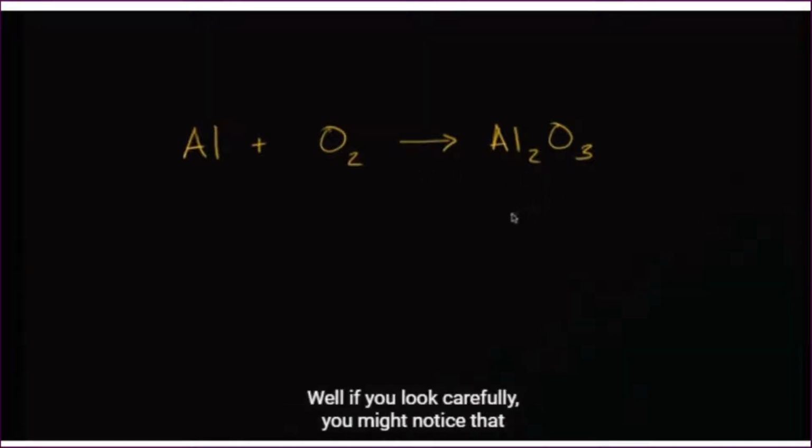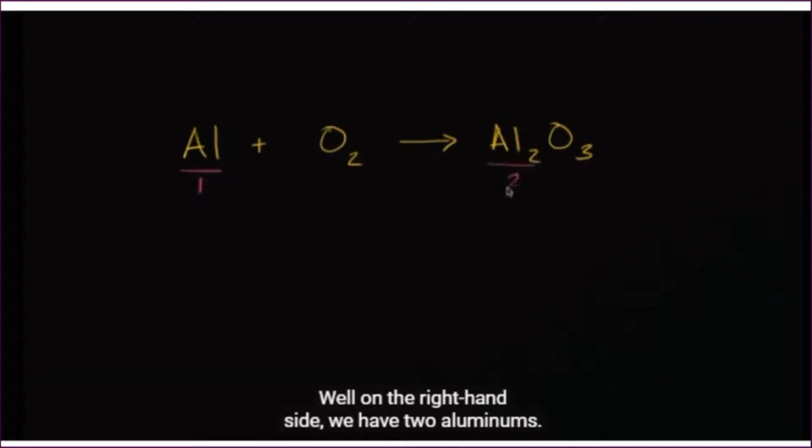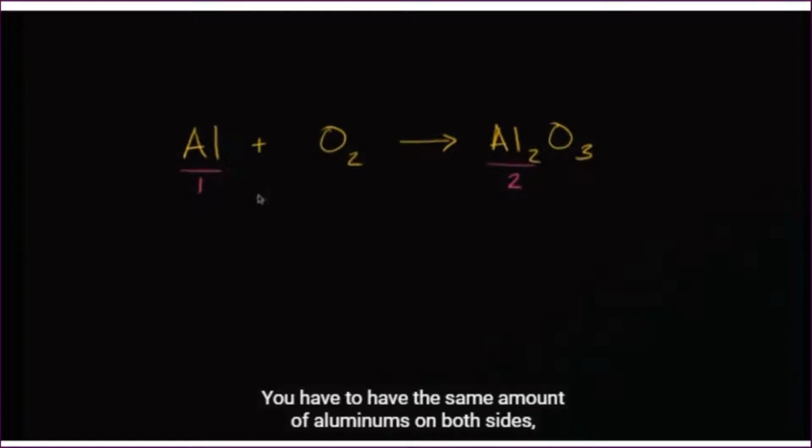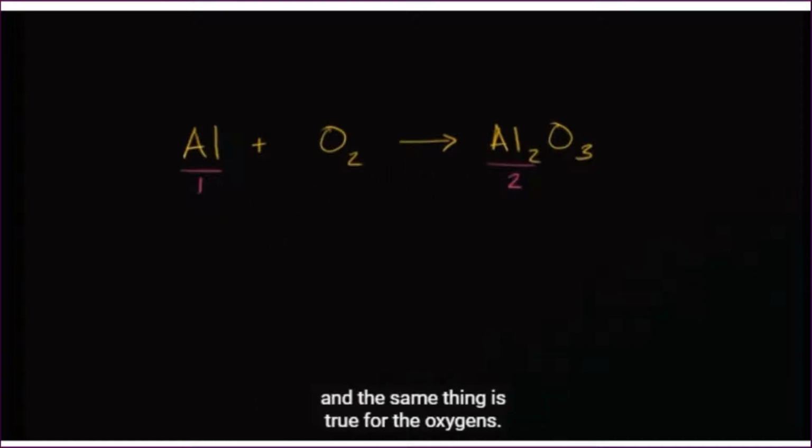Well, if you look carefully, you might notice that you don't have the same number of each atom on both sides. So, for example, right over here on the left-hand side, how many aluminums do we have? Well, on the left-hand side, we have 1 aluminum. How many do we have on the right-hand side? Well, on the right-hand side, we have 2 aluminums. And so aluminum just can't appear out of thin air by virtue of some magical reaction. You have to have the same amount of aluminums on both sides,